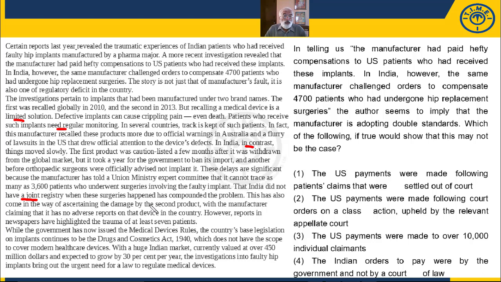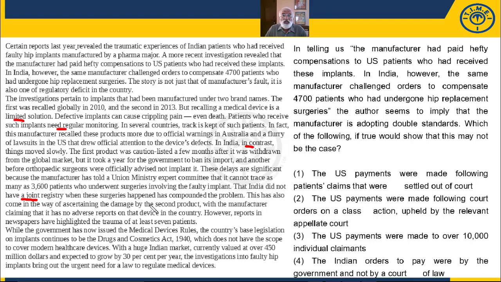So we've understood this. Not a very complex passage. Now you realize if you did know what a hip implant was, then the significance of what you're talking about here becomes pretty clear. If you didn't know, then you actually have to pay a little attention the way we did to figure out what it is that you're talking about. That means, okay, I don't know what exactly it is, but obviously it's a device that needs to be kept track of because people could have a problem with it. Fair enough. Now let's look at the questions that we have here.